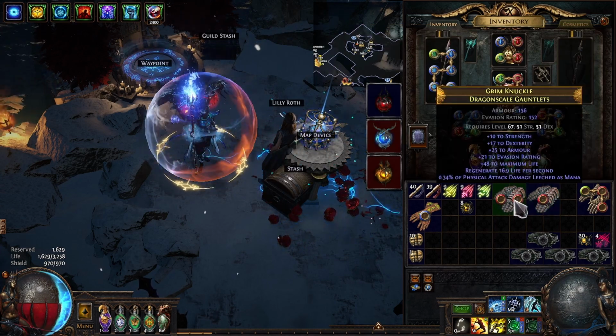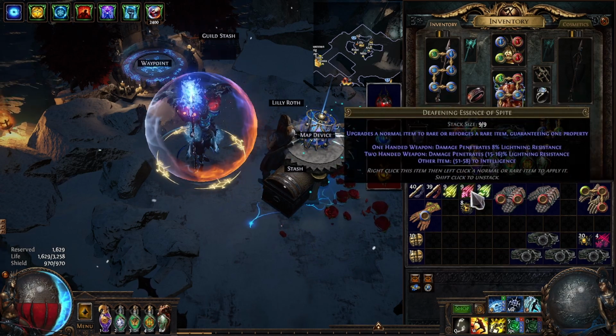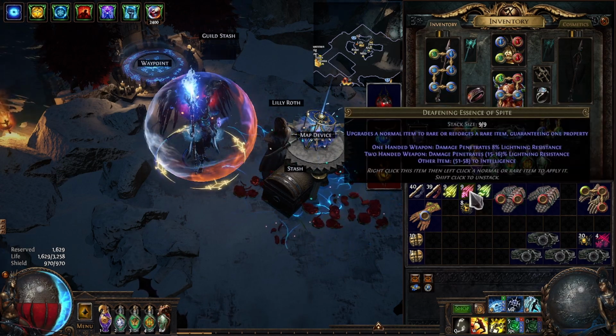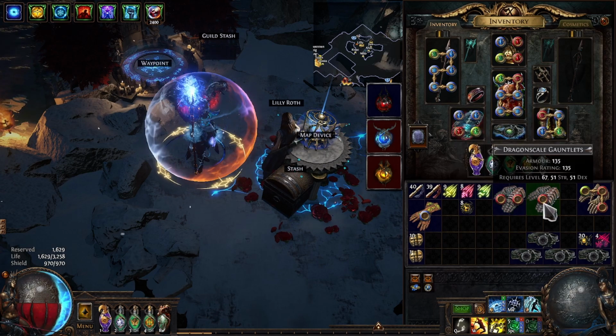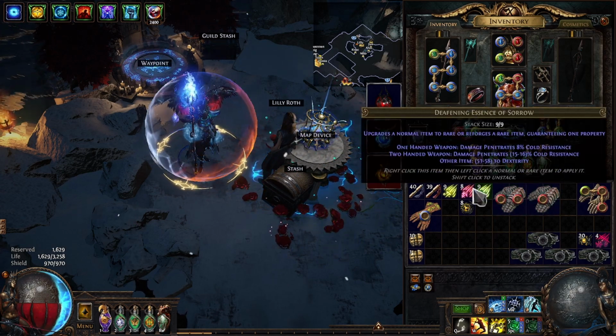2 bases, your desired base. And then I like to use the intelligence one because you cannot get intelligence normally. So by using the intelligence essence, we have a chance of hitting tier 1 strength or tier 1 dexterity. That one didn't hit. Okay. So the other one, because this one doesn't have anything else, the other one we want to do strength or